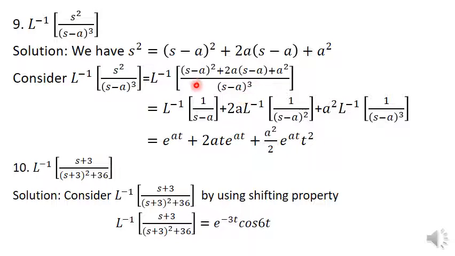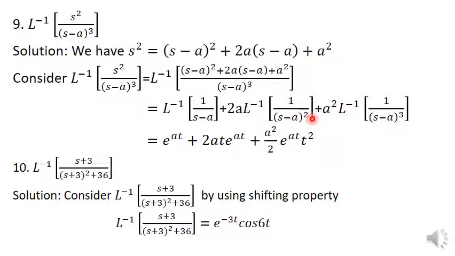Now we split the denominator for these 3 terms, that is L inverse of, on simplification it becomes 1 over (s minus a) plus 2 into a, L inverse of 1 times (s minus a) gets cancelled, that is 1 over (s minus a) whole square, plus a square into 1 over (s minus a) whole cube. That is equal to L inverse of 1 over (s minus a), which is e power at, plus 2a is a constant, keep as it is, and L inverse of 1 over (s minus a) whole square. Here also again we use the shifting property, that is e raised to the power of at into L inverse of